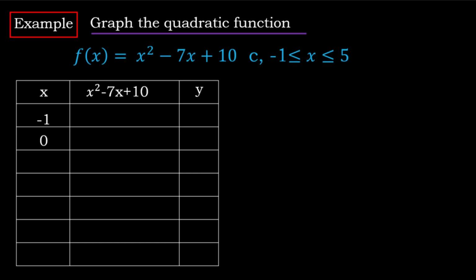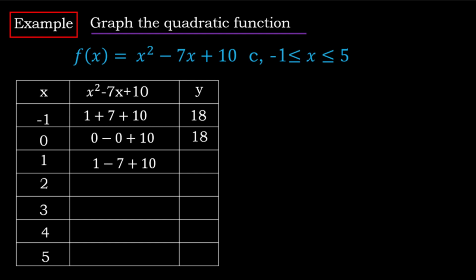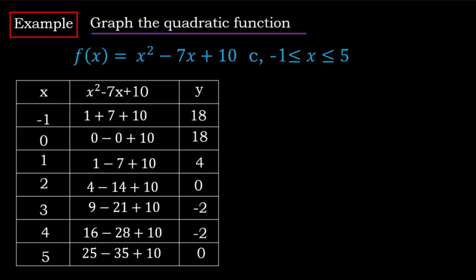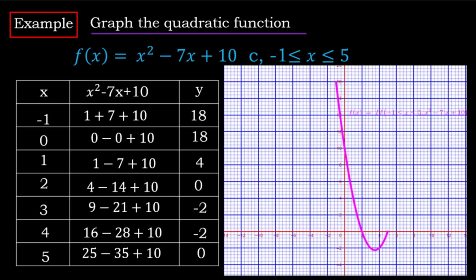The values of x from -1 to 5, and substitute to find f of -1, f of 0, f of 1, and so on. We can draw here the parabola. We will find the parabola has a minimum value. The vertex will be 3.5 and